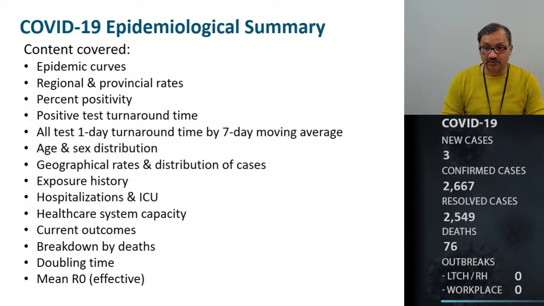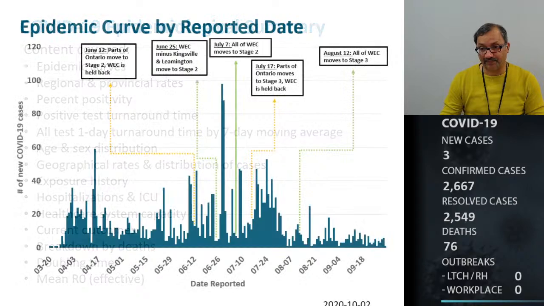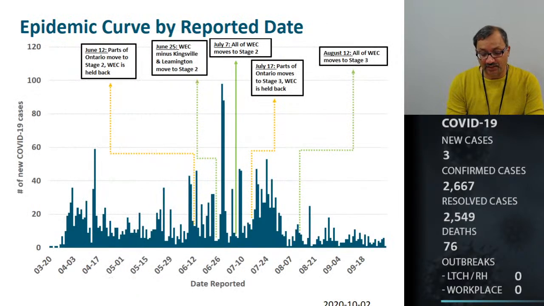So very quickly, this is what we will try to cover, and some of the slides that you will see would be new, related to school, that we have added. Looking at the epi curve helps us to assess the progression of the disease, whether in the community or in an outbreak situation. This particular epi curve is created to show the number of confirmed cases by the date it was reported to public health. On your vertical axis, you have the number of confirmed cases, and on your horizontal axis, we have the dates these cases are reported to the public.